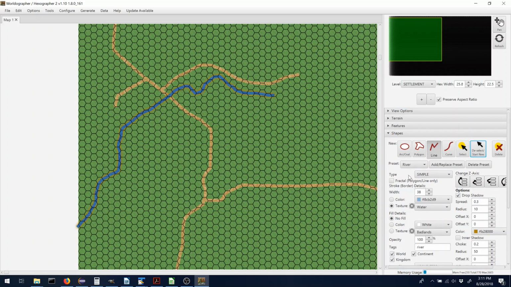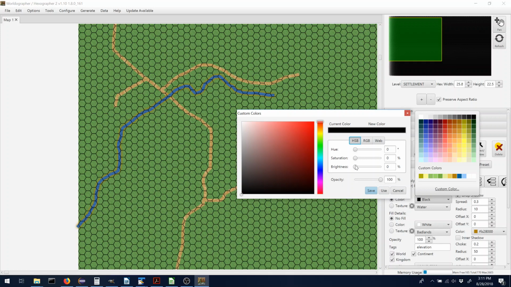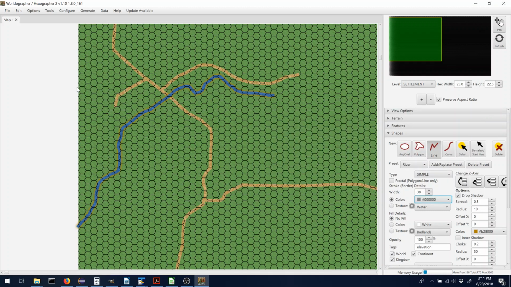So we don't have any preset for that. We're going to just call it an elevation with a tag, and tags aren't used for much other than kind of find, you can search for things that way in some cases. So we're going to use that. We're going to set it to a color. We're going to set it to black, but then we're also going to set the color to maybe about 40% as well for how transparent it is, the opacity. Save that, and then this gives us